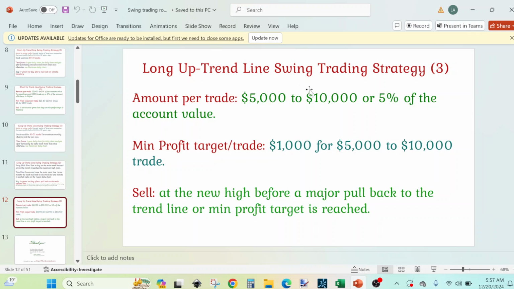So our strategy is based on trend line and price bar,